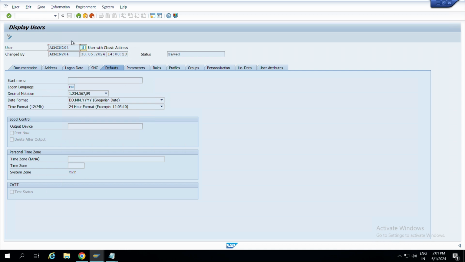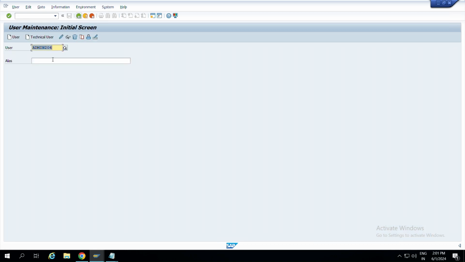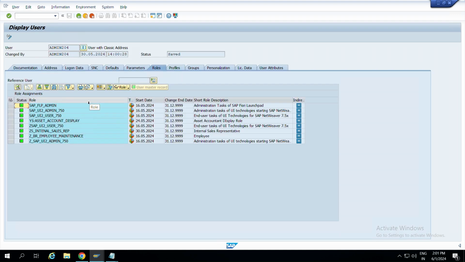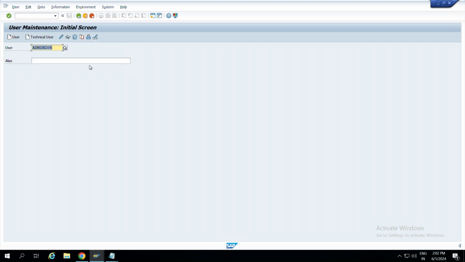Okay. And one more update which I want to tell you about earlier: I told you regarding reference users, right? For reference users, basically there was a restriction of 312 profiles, but as of now, after the NetWeaver upgrade, after version 7.5, there is no restriction like that for the 312 profiles. So there is no restriction like that as of now.